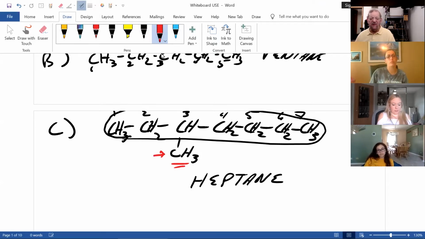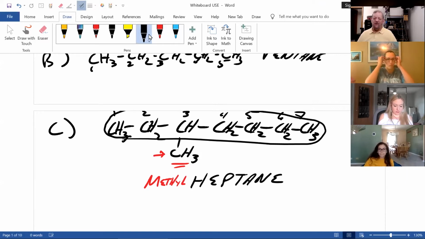And this is an alkyl group, CH3. What do we call that? Methyl. I should have switched to black, but it's too late now. Am I done? No. Which carbon is it on? And you number from both sides such that the carbon that the alkyl group is on, the first one, they always get the lowest number. If I start numbering from here,